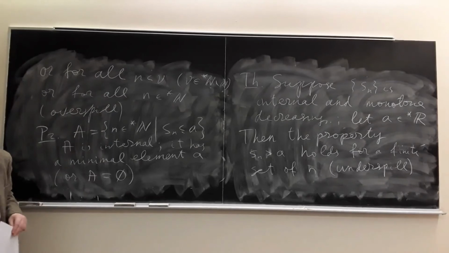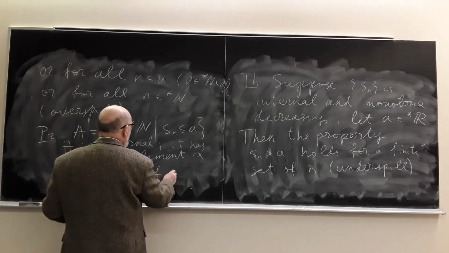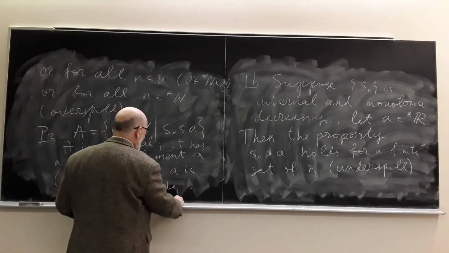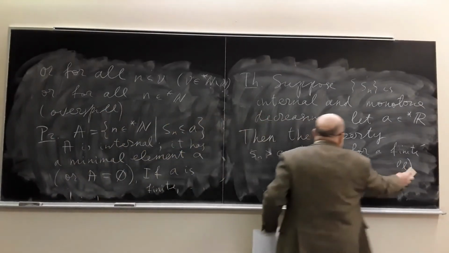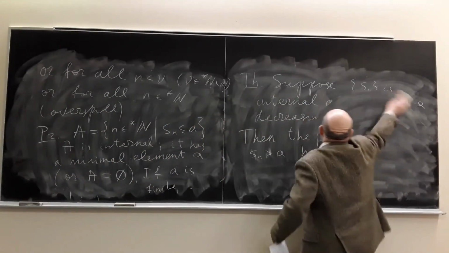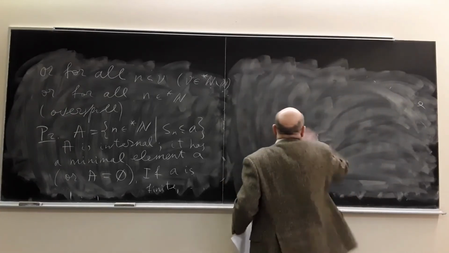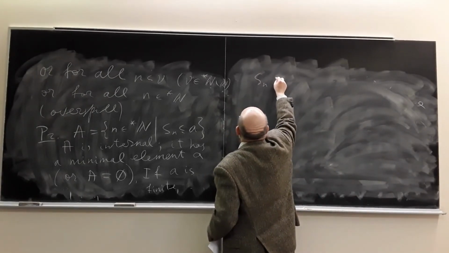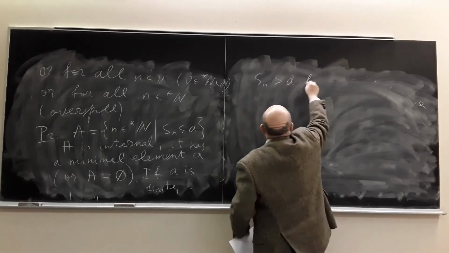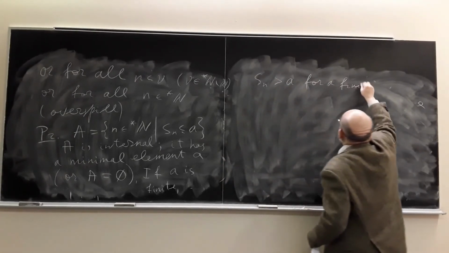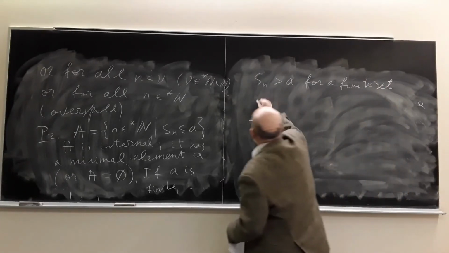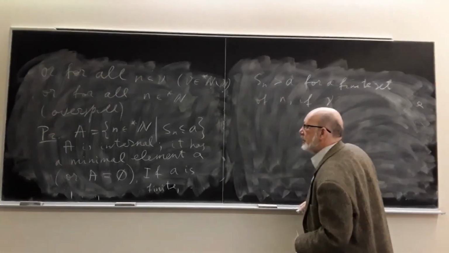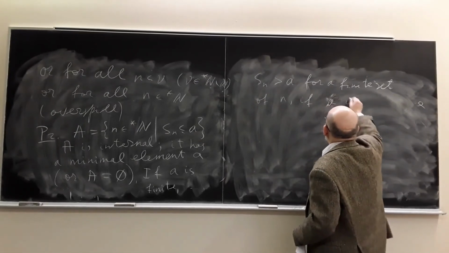This minimal element, if it is finite, then the set is finite: Sn more than A for a finite set of n. If nu is infinite,